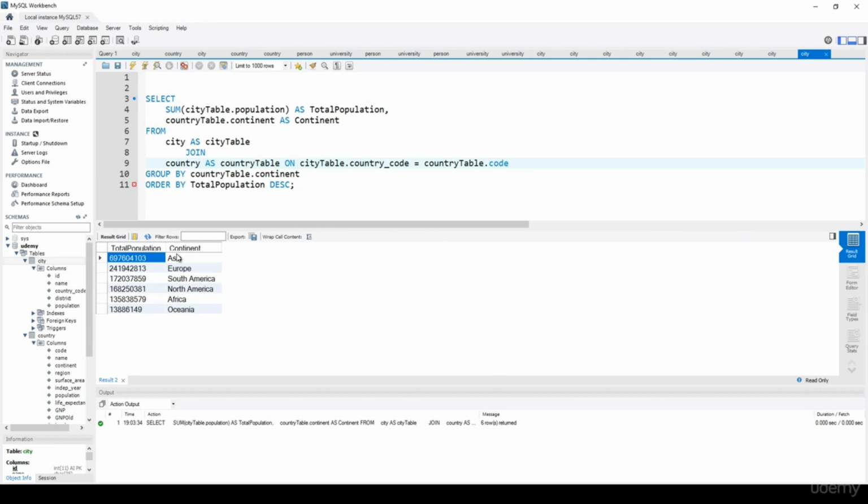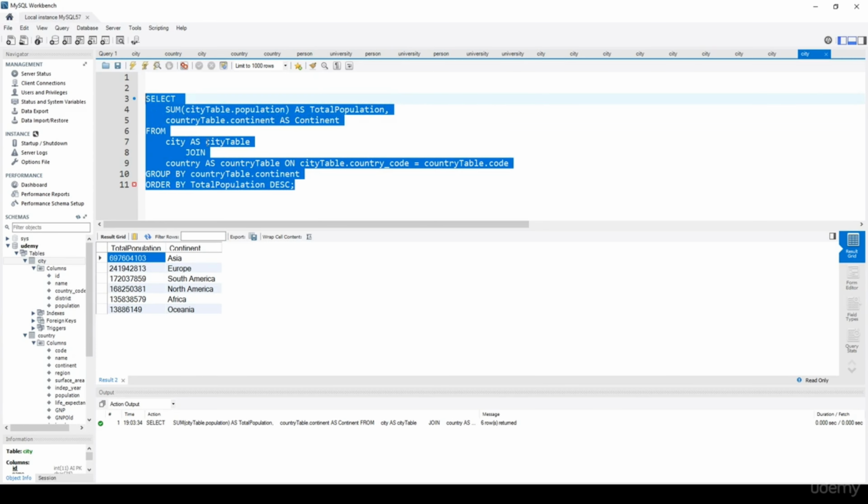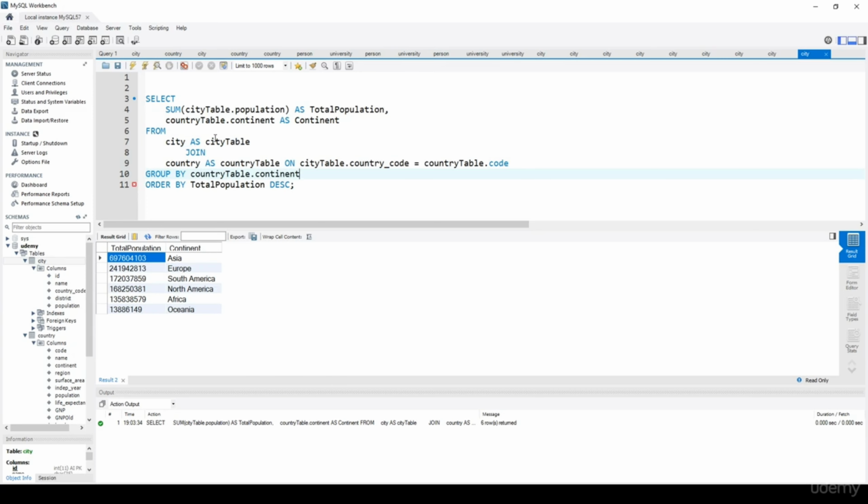And as you can see, we get the continents Asia, Europe, South America, North America, and so on. Asia has the largest population, then Europe, then South America, then North America, and so on. Okay, so this is how we are able to make some grouping, and this is how we are able